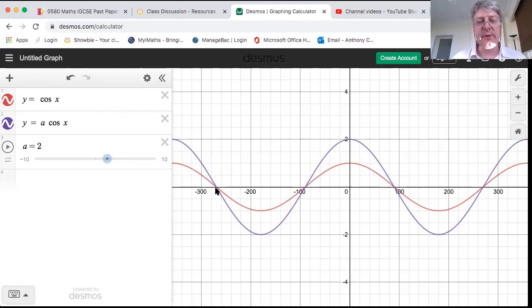You'll notice that the points that lie on the horizontal x-axis do not move. So what's actually happening here is that we're telling the curve to multiply the cos x values by 2. So this purple graph is the graph y equals 2 cos x. This is called a stretch, and it's a stretch by a scale factor of 2. So that y value used to be 1, but now it's 2. This y value here,